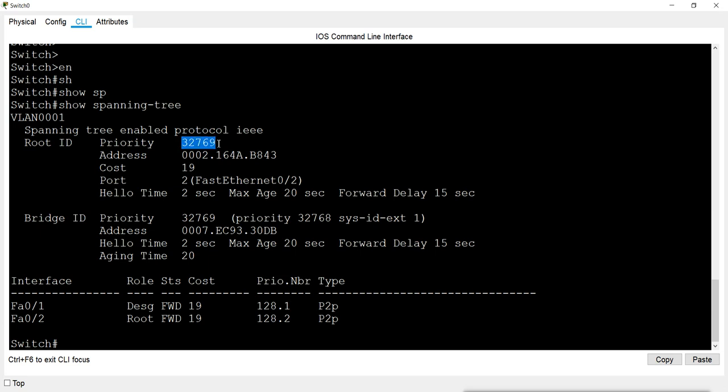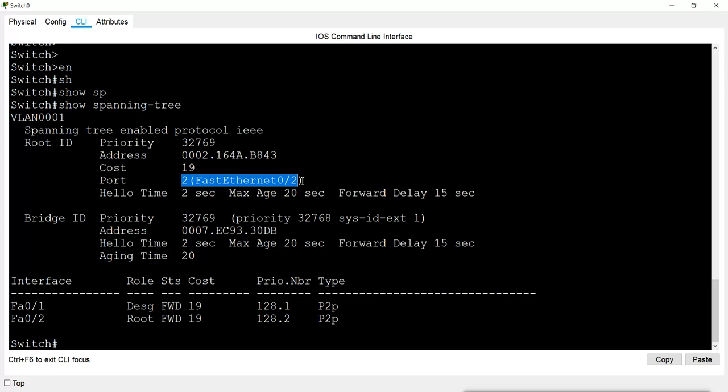I said the priority is 32768, but it is showing 769 here. Now one is coming from the system ID. The system ID extension is actually the VLAN ID. Now this is the MAC address of the root bridge, and this is the cost to reach the root bridge for this switch, and this is the port where it is connected.